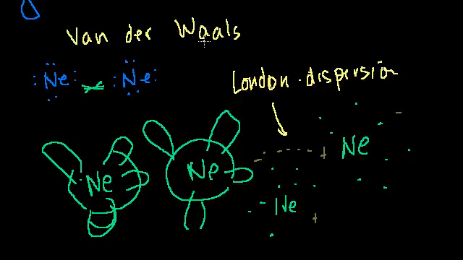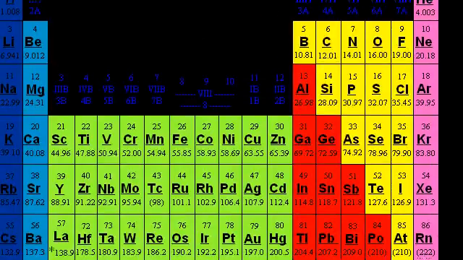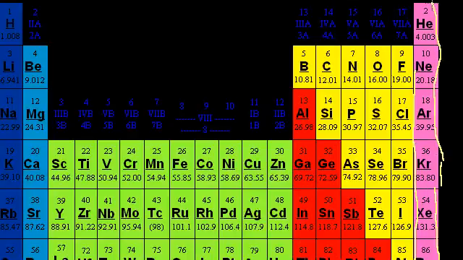And the van der Waals forces are the class of all of the intermolecular forces, and in this case, neon, the molecule is an atom. It's just a one atom molecule, I guess you could say. The van der Waals forces are the class of all of the intermolecular forces that are not covalent bonds and that aren't ionic bonds like we have in salt, and we'll touch on those in a second. And the weakest of them are the London dispersion forces. So neon, these noble gases, actually all of these noble gases right here, the only thing that they experience are London dispersion forces, which are the weakest of all of the intermolecular forces.